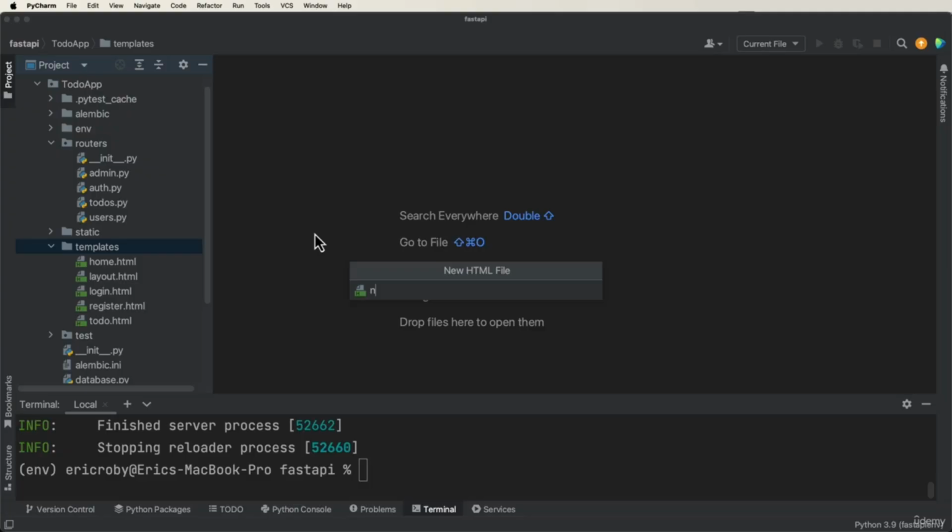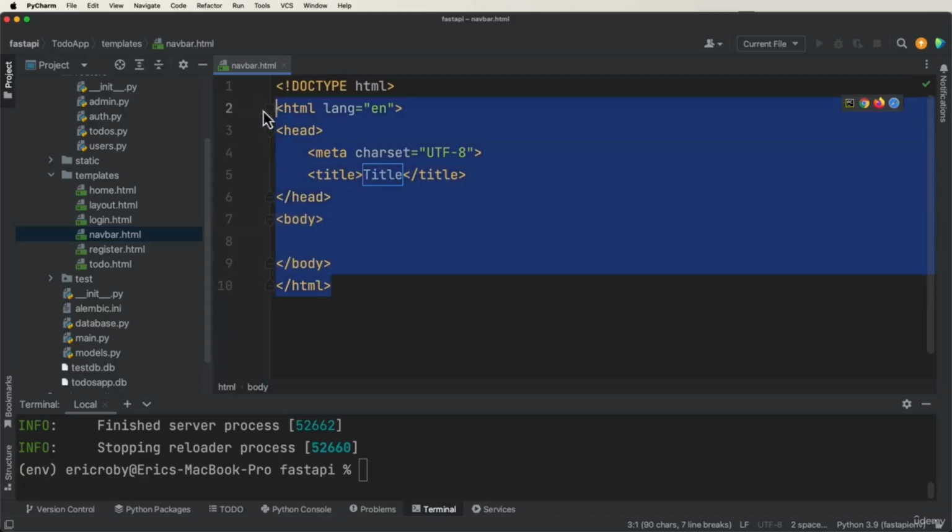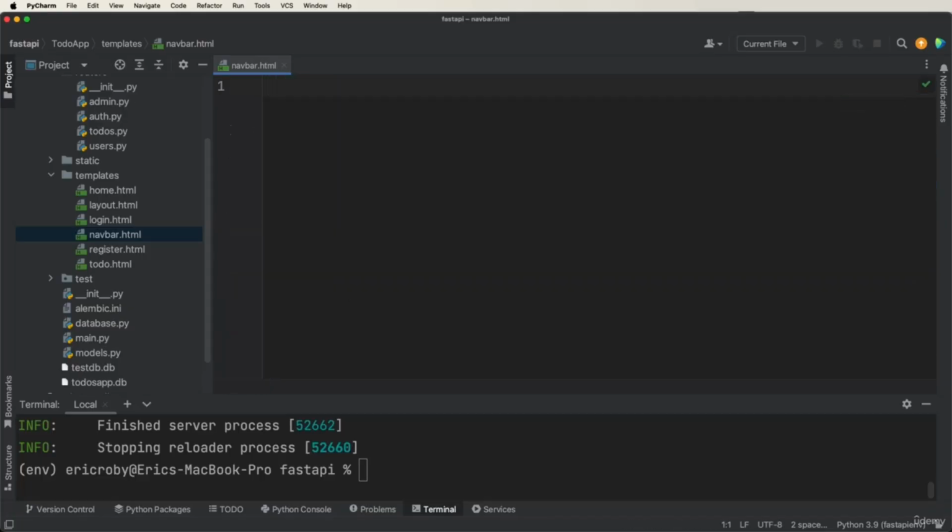And I'm going to name this navbar.html. All right, and inside here, we can just delete everything that's auto-populated because we are also going to embed this within all of our layout stuff. Now, to start, let's go ahead and just create a div. And then we want to say nav